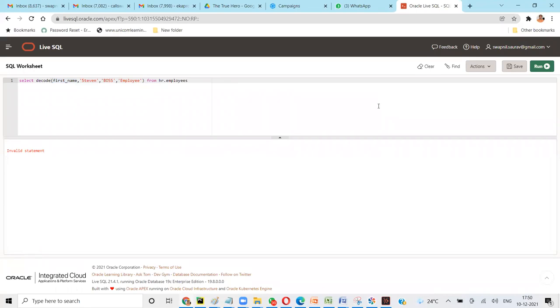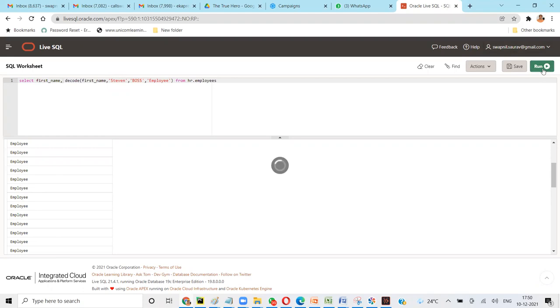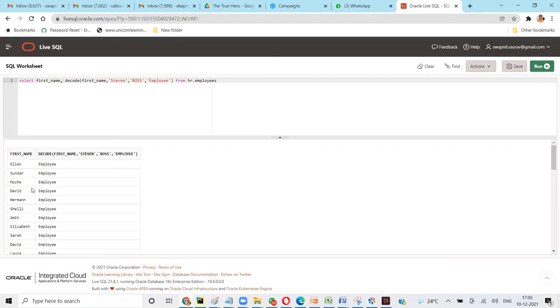Select decode first name. Okay, and now I'm going to run this. You see this employee? No, the first one is boss, right? Let's print first name also to see if we got it right. First name, Ellen, right?